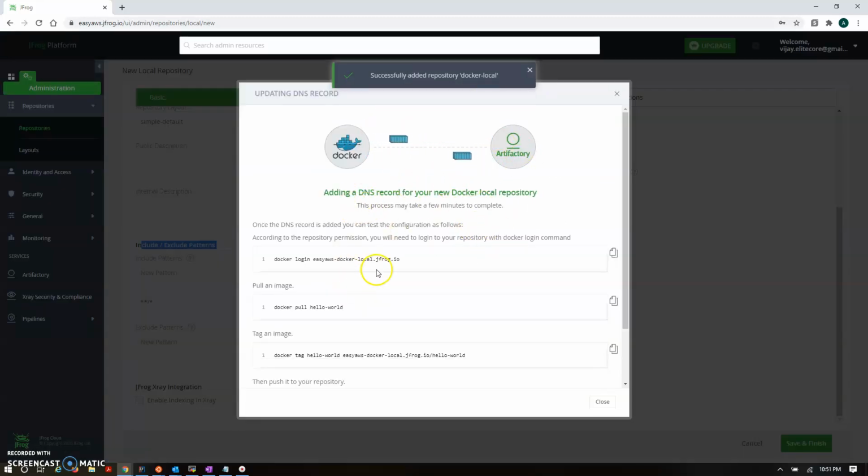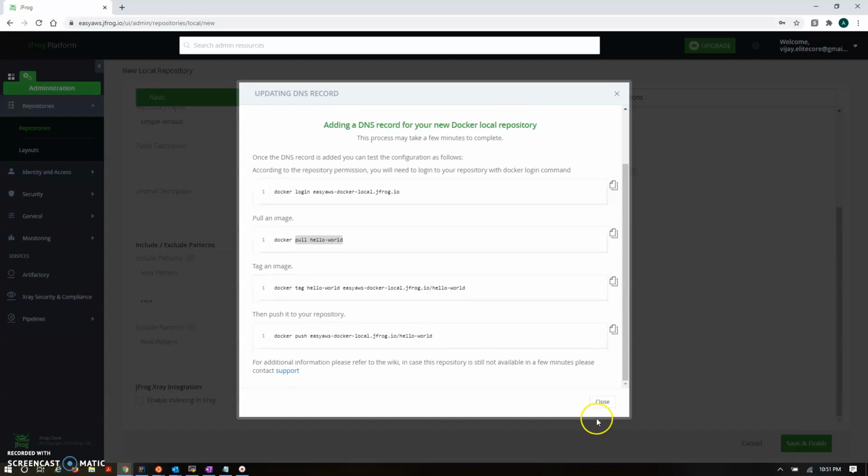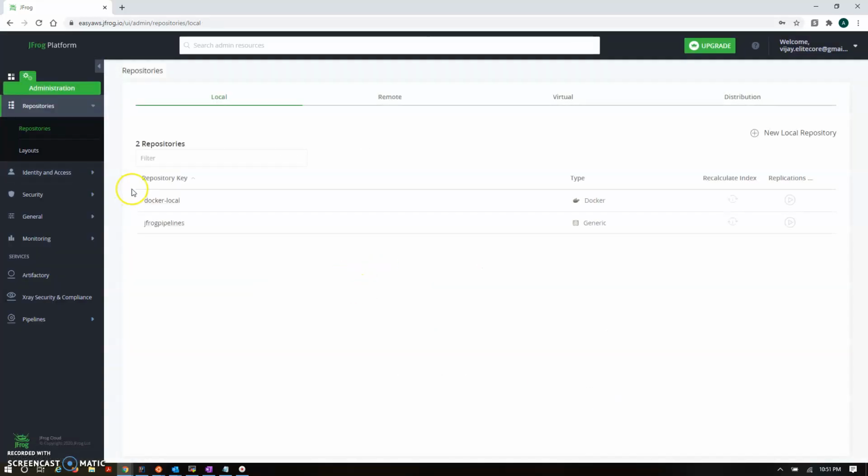And it's configured successfully, you can see here. Now you can find it will give some commands which basically are used to log in to JFrog Artifactory, pull the Docker image from the Docker Hub, then do the tagging, and push to the JFrog repository. So we are going to go through all these commands.